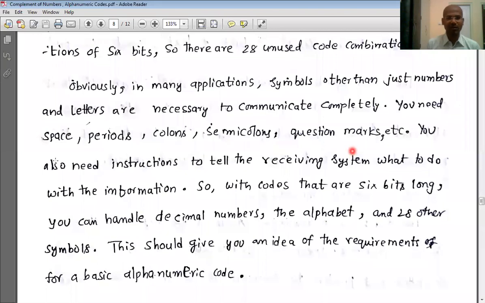We also need instructions to tell the receiving system what to do with the information. So we need some control characters also. Which is the first letter, or which is the start? How do you tell the receiver that this is the starting of the paragraph, this is the ending of the paragraph, this is the heading, and so on? So we need some control characters that may not be displayed, but they are useful in order to present the text properly